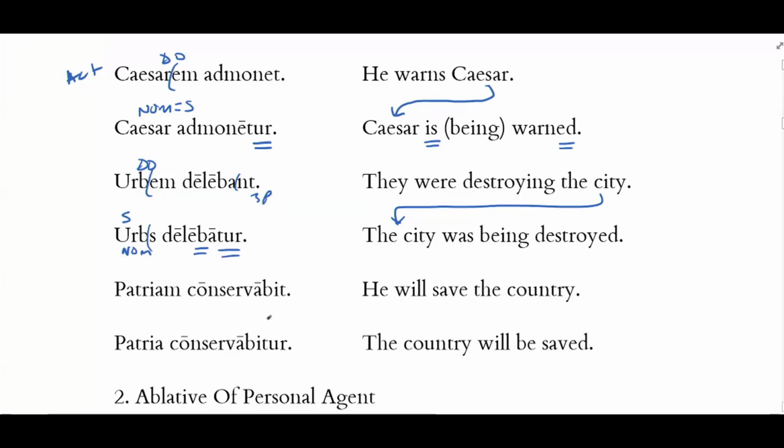And then patriam conservabit, he will save the country. So here's my active third singular verb form. And patriam is a direct object accusative. He will save the country. Okay, conservabit. And this is our bo, bi, bu future tense morpheme, right? And then if I want to make the country the subject of the passive verb, the country will be saved, right? It's going to have to change case. To become the subject, it's got to become nominative. So patriam becomes patria. So the country, and then